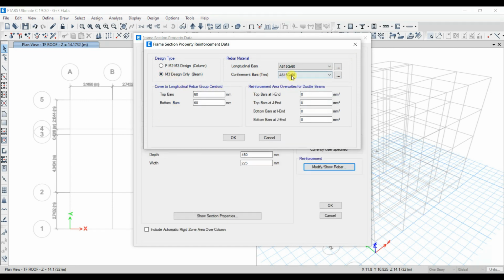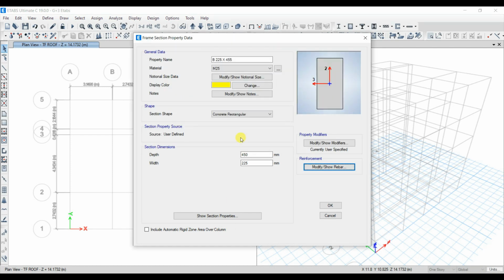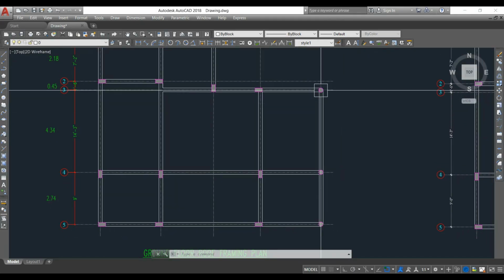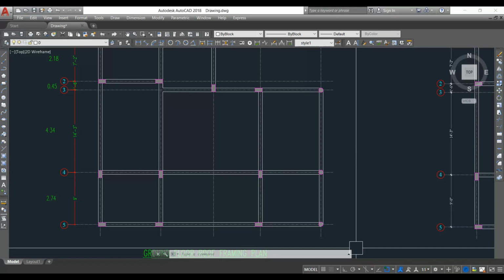Here select beam and here give 500 for longitudinal bars, 415 for confinement bars. Give the cover as 25 mm. Give OK. And one more thing, here we have 3 circular columns, 1 2 3 circular columns, that also we